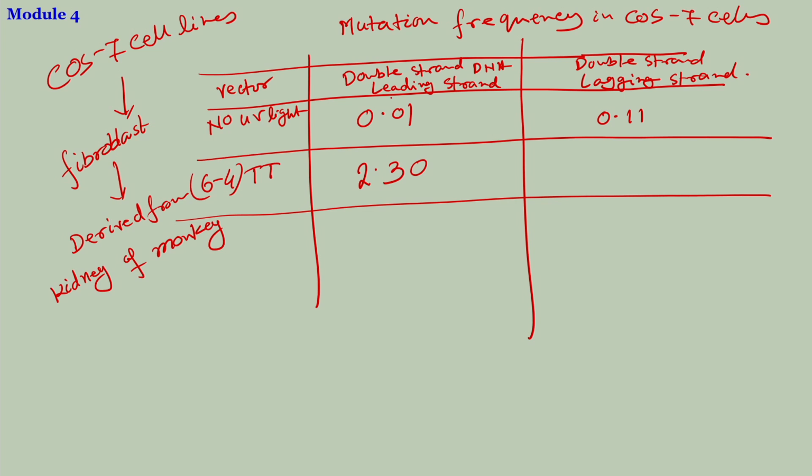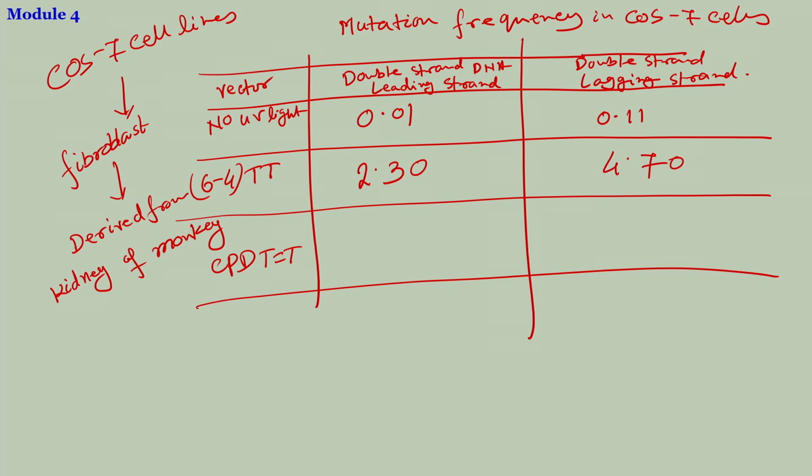If the lagging strand is acting as the template, it is even higher, 4.70. So, a high degree of mutations is observed when the lagging strand is the template, in which you have introduced a 6,4-TT lesion. If it is CPD,